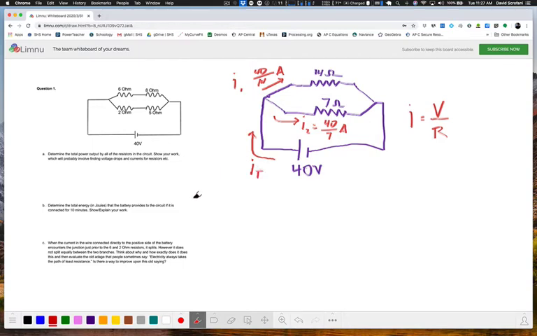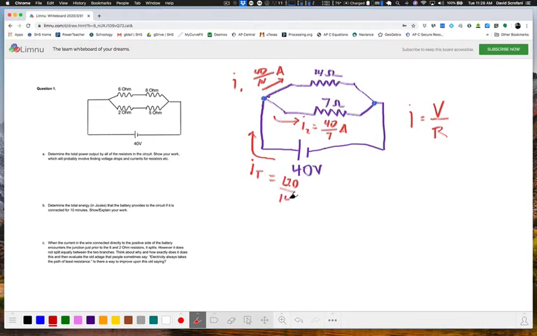Since there is a junction at that point right there, also referred to as a node, there's also one over here. By the law of conservation of charge, the current that goes into the junction must equal the total current that goes out. So charge can't be created or destroyed at that point. That means that this total current has to be the sum of the two that leave the junction. So in other words, it's just a fancy way of saying that the total current is equal to 40/14ths plus 40/7ths, which is 120